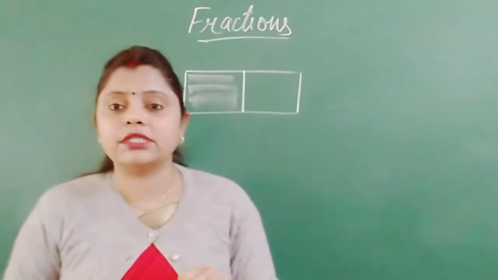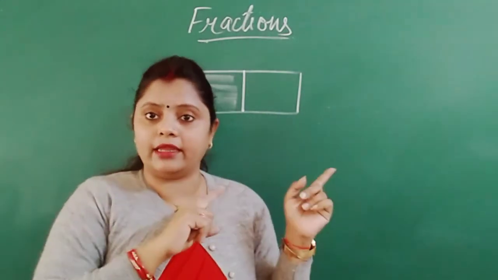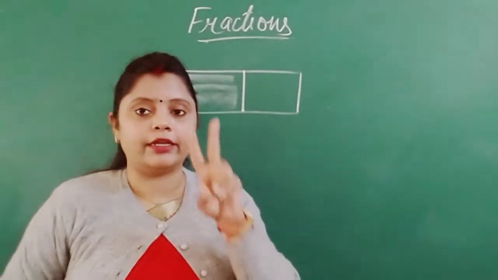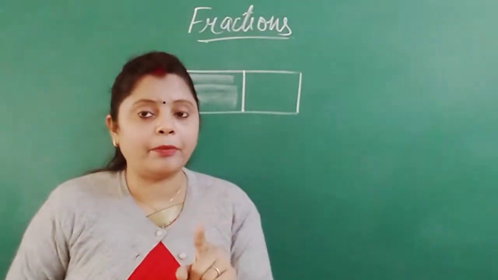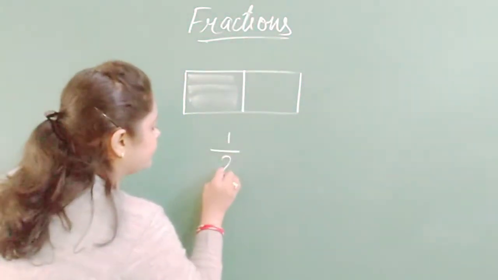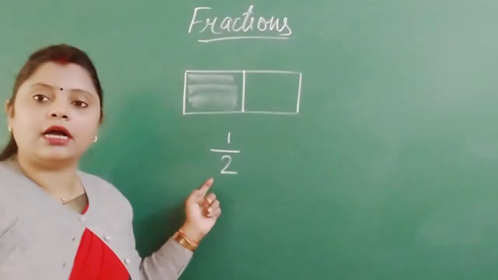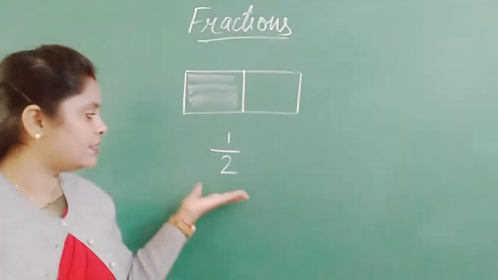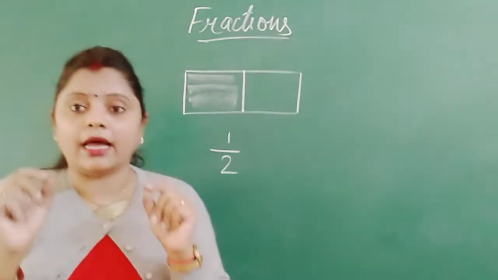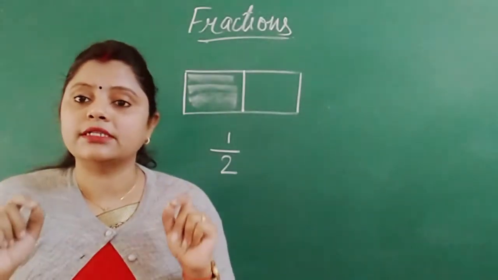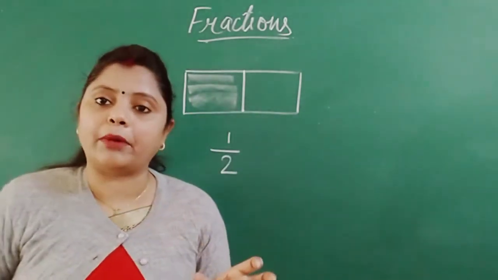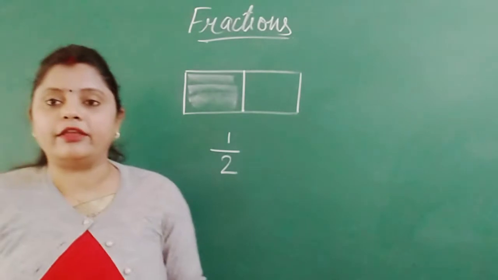So first of all, what we have to see is how many parts there are in this picture. So 1 and 2. The whole figure is divided into two parts and from that I am taking one part. So one part out of two. One part out of two parts. So this is what I have done. I have represented it in the form of a fraction. As I told you in the beginning, fraction is actually part of a whole. The whole thing is there and from there we are taking one part. So this is what we are calling a fraction.